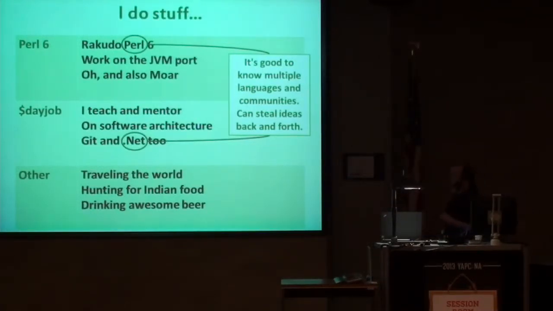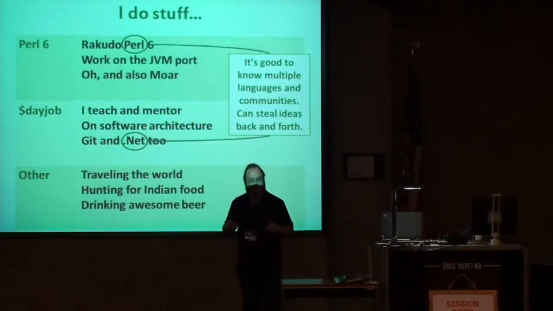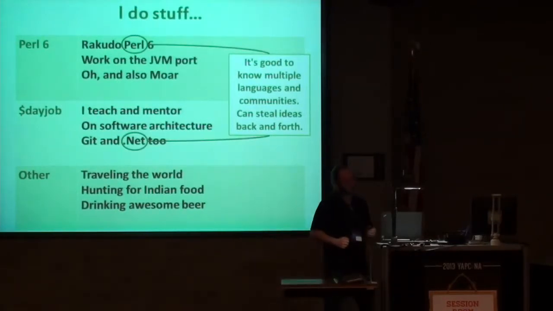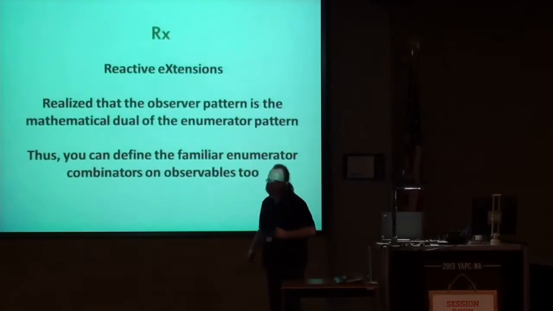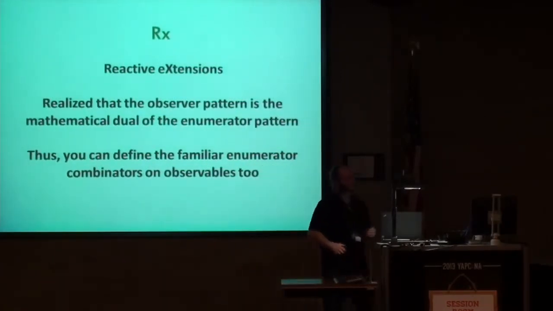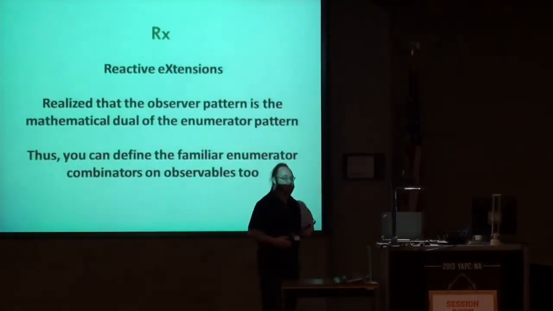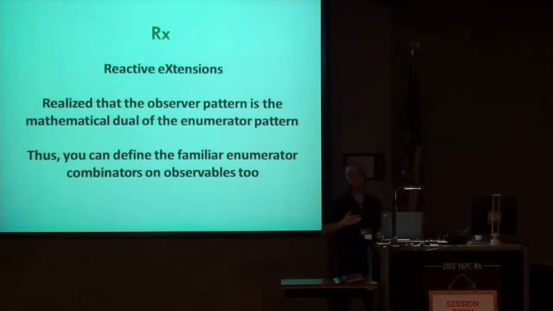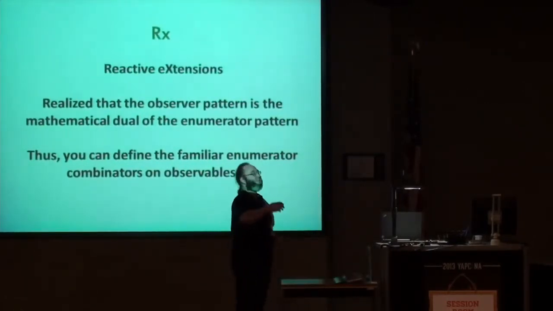One of the reasons it's really cool is because you can spot interesting things they do and say, oh, I like that, I'm going to steal that. One I saw recently was a thing on .NET called RX, the Reactive Extensions. So what are the Reactive Extensions? Well, if you happen to know something about category theory, which I kind of don't, but it doesn't matter anyway,